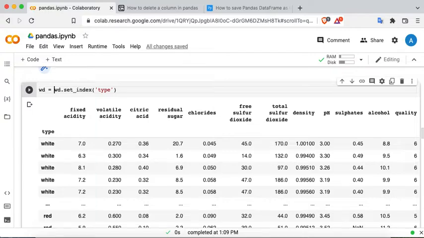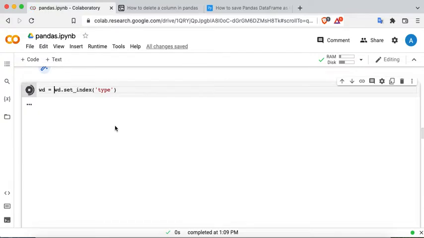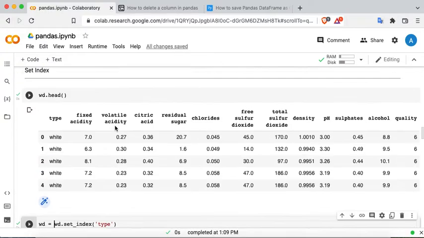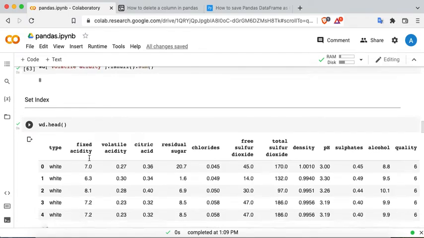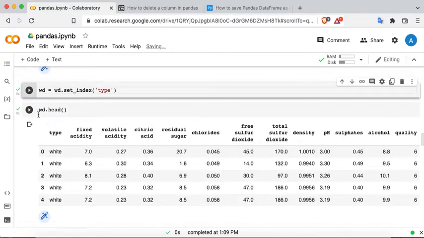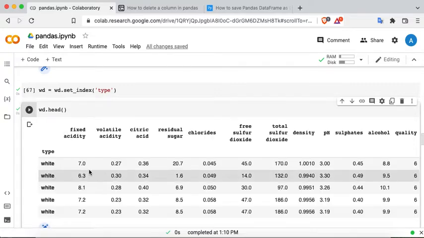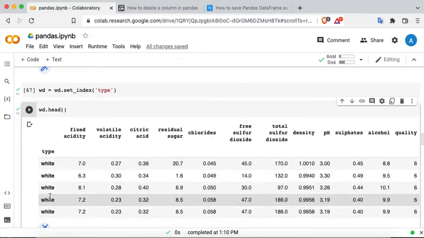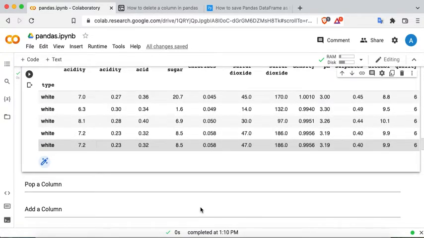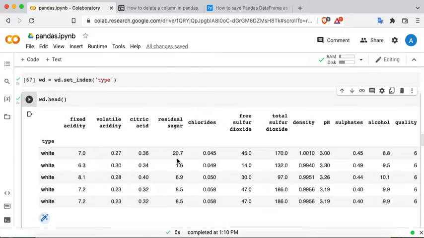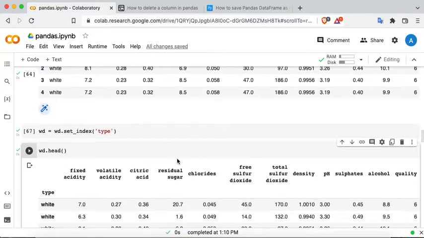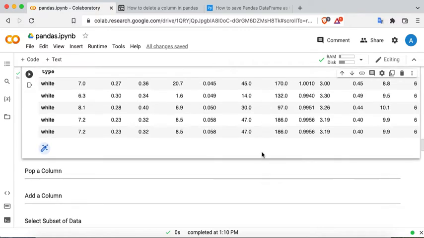So if you assign it, and now if you check it, you have this type as your index. Anyways, moving on, apart from that, what we could do is maybe you can pop a column,